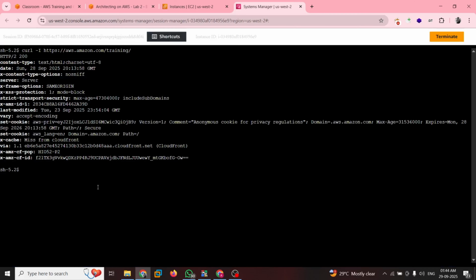Paste it, and there you go. So now, including our private subnet and public subnet, we are able to access our resources. Okay, so this is about